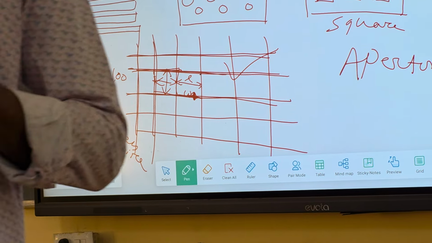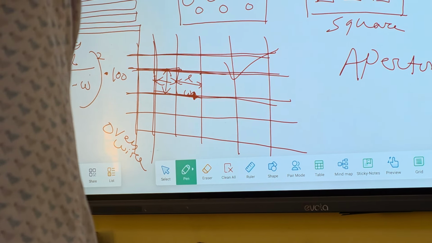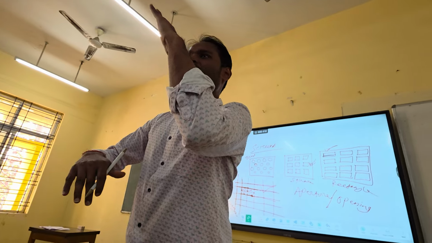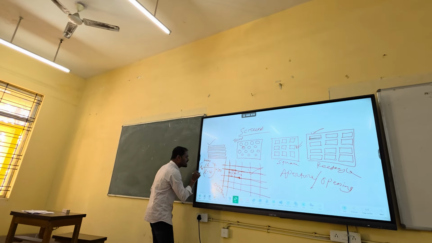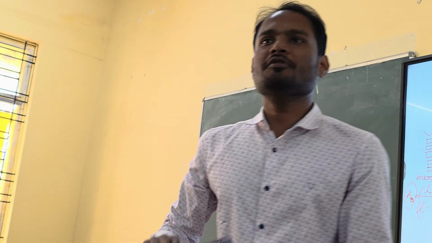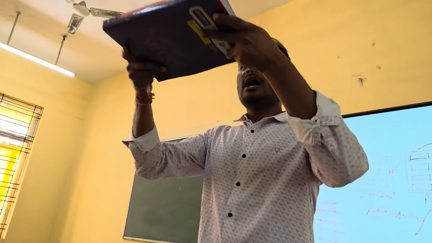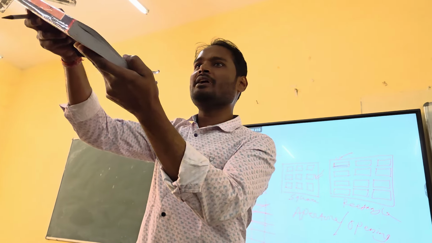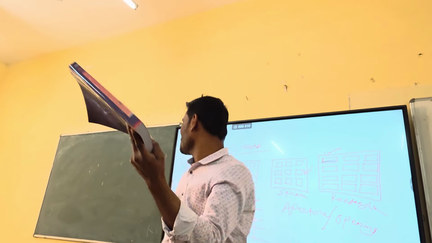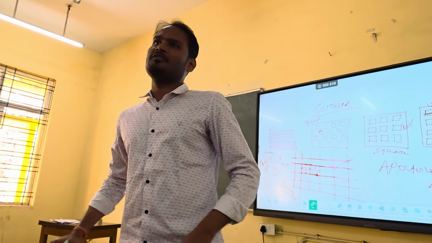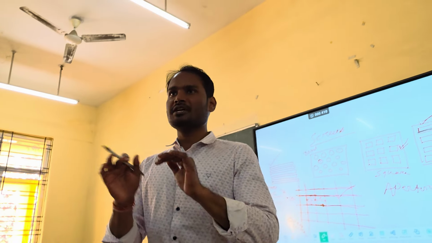But this is a very interesting thing. Suppose you put the screen in a horizontal position like this, and you feed the material. But the moment you make some inclination, can you tell me whether this will be the same value or will it change? So this is your screen, for example a square screen, and I am feeding the minerals from the top. Now I incline it at 20 degrees, for example. Will this value remain the same or change? It will change. That I can call the effective percentage opening.